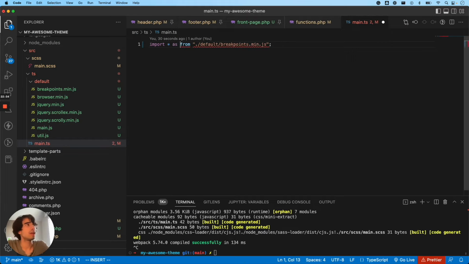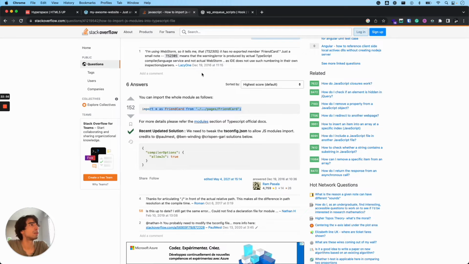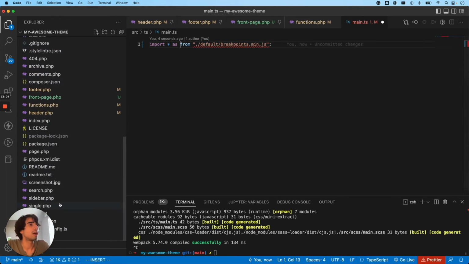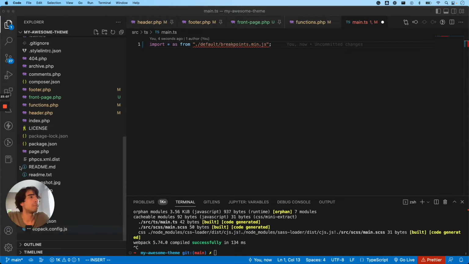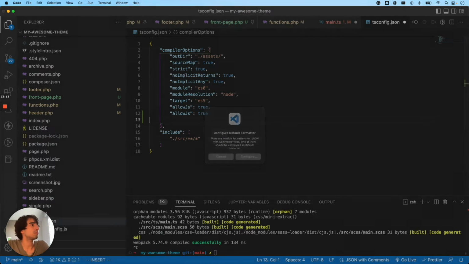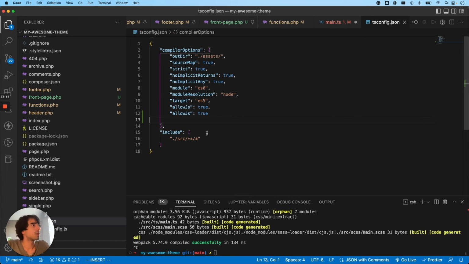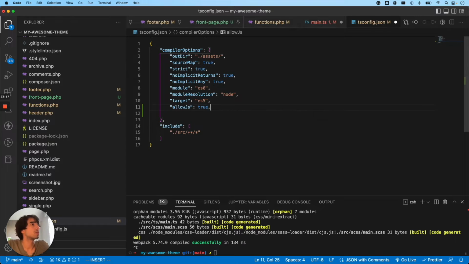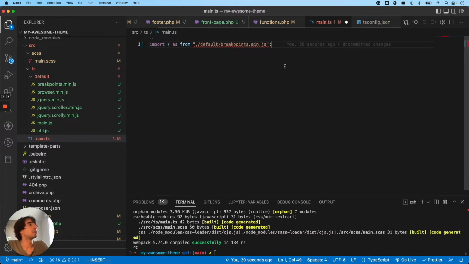No, I'm just going to use this. Compiler options, allow JS true. And I'm going to have to modify my TypeScript JSON file. I'm going to add this here. So there you have it, allow JS. So it was actually set to true for some reason. Okay, so all right. And right here, I'm going to import